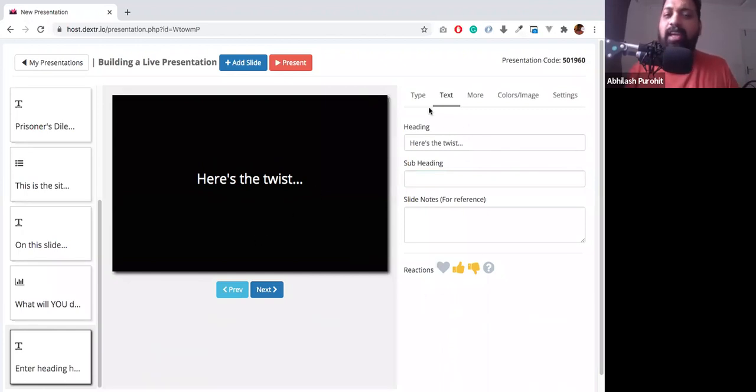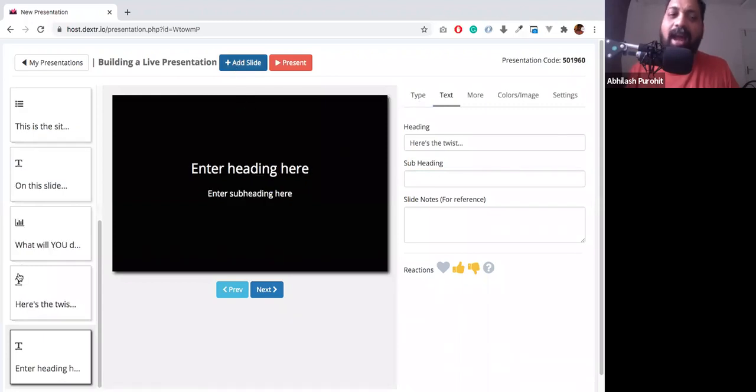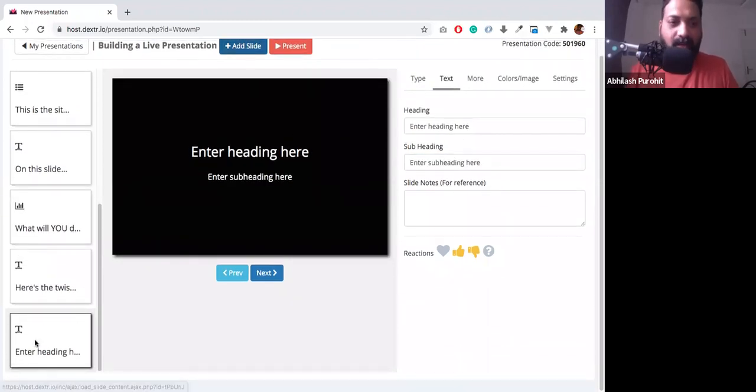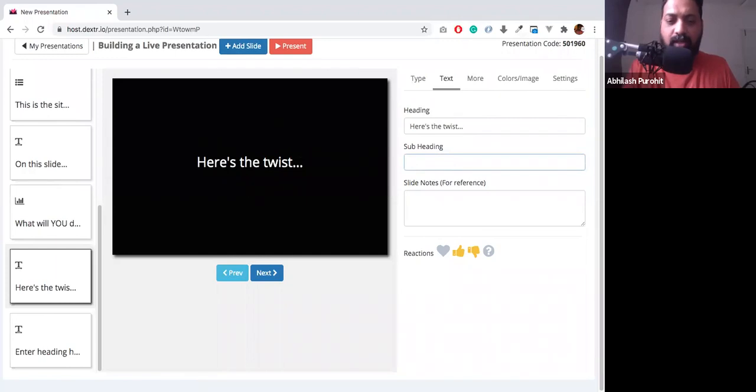So I'm going to say, here's the twist. And I'm going to add another slide and say, sorry, where was the twist? A and B cannot talk to each other. Right? Do you see what is happening now? I'm slowly building this up. If I was telling this as a story, I would have built it up slowly as well.